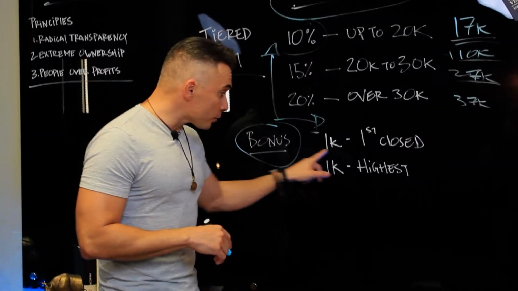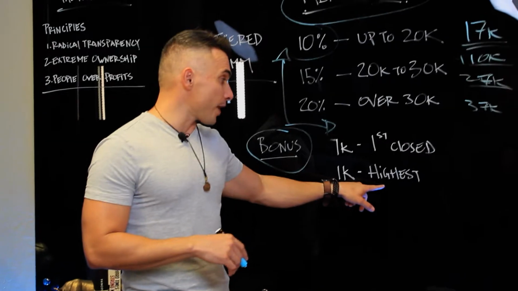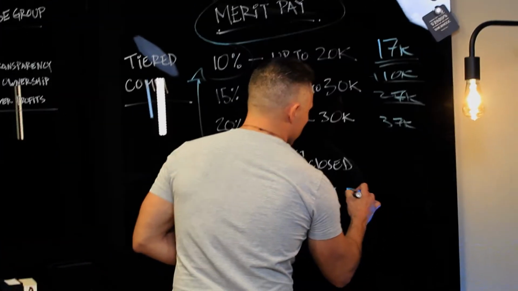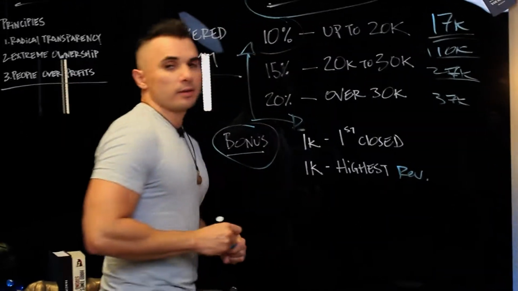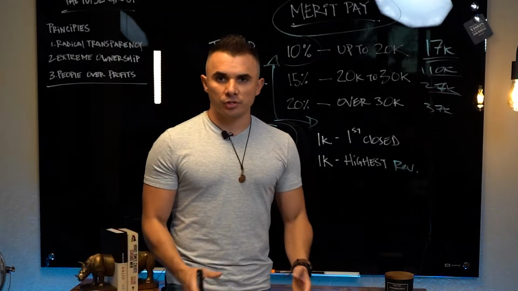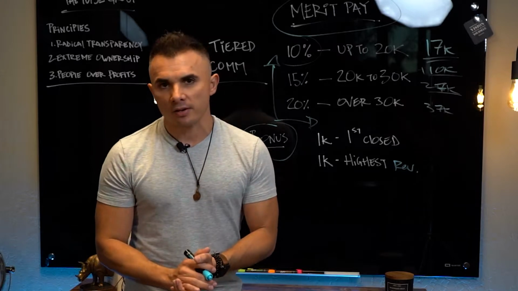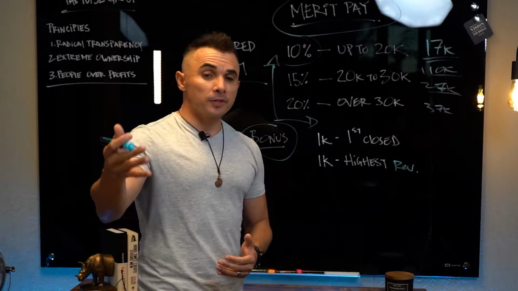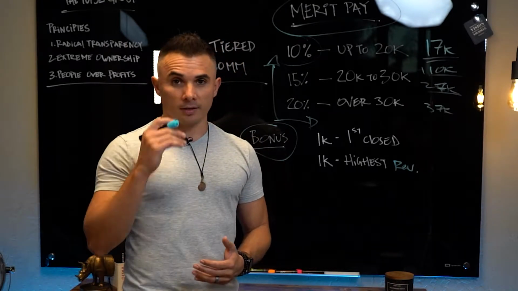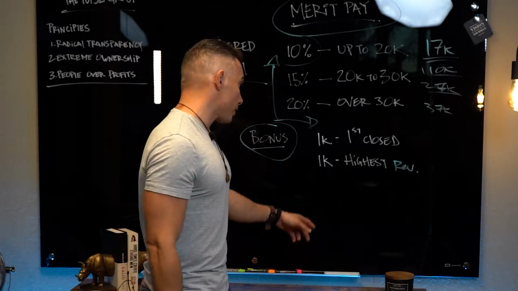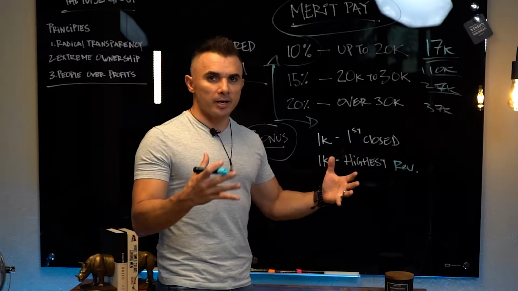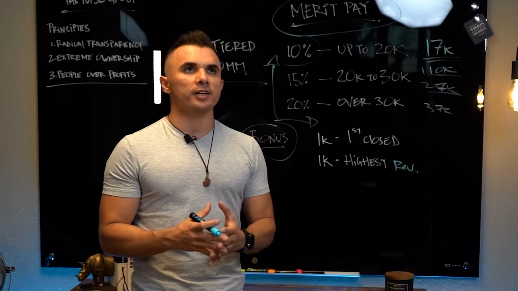And then we have another $1,000 bonus for the highest amount of revenue, all right? The highest revenue for the month. So if we have, you know, 3 acquisitions people and one brings in $47,000, the other one brings in 58 and the other one brings in 22, the $58,000 acquisitions rep gets an extra 1,000 bucks. All right, and it's based off of, again, merit. The whole thing is performance-based.